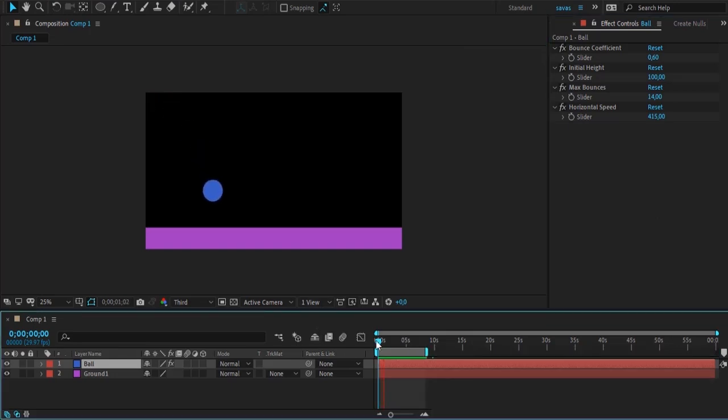Float bounce and elastic back effects. Set keyframes to define the start and end points of the animation. Float bounce adds slider control for amplitude, bounce height, frequency, bounce speed, and decay, rate at which the bounce loses